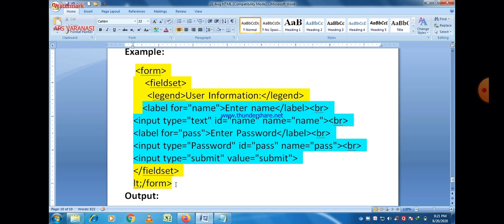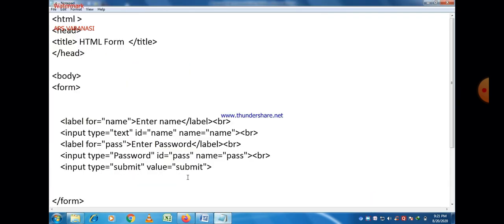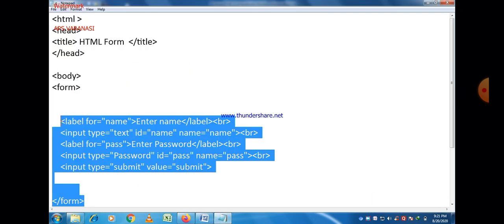So let us try to execute this program and see what the output is and how the output is different from the previous one. Because in this you can easily see that the blue part is the same as the previous program, but we just use fieldset when we compare with the previous program. So let us try to execute this program.